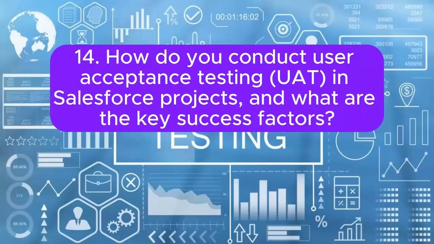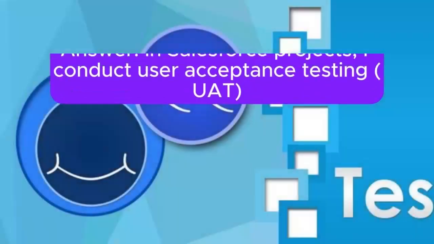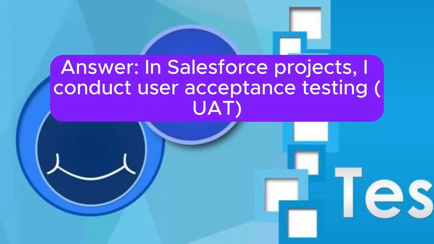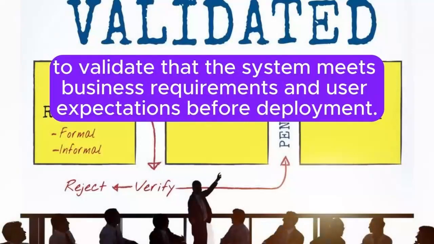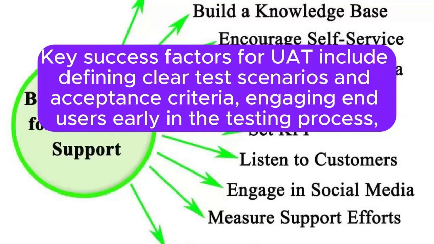14. How do you conduct user acceptance testing (UAT) in Salesforce projects, and what are the key success factors? Answer: In Salesforce projects, I conduct user acceptance testing (UAT) to validate that the system meets business requirements and user expectations before deployment. Key success factors for UAT include defining clear test scenarios and acceptance criteria, engaging end users early